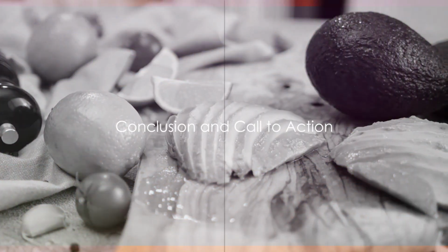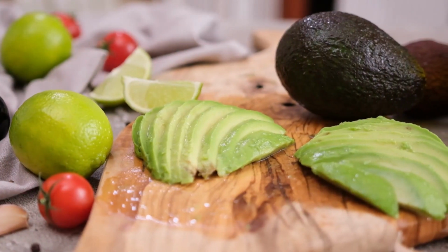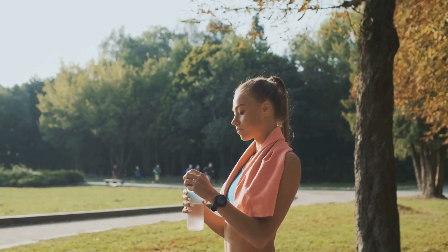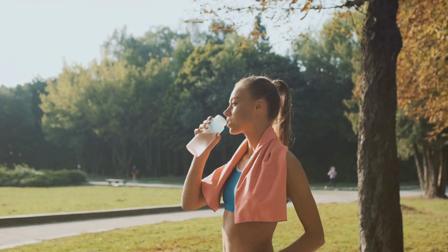By incorporating these 7 foods into your diet, you can make a significant impact on your skin health, leading to clearer, more radiant skin. But remember, a balanced diet, staying hydrated, and leading a healthy lifestyle are key to maintaining